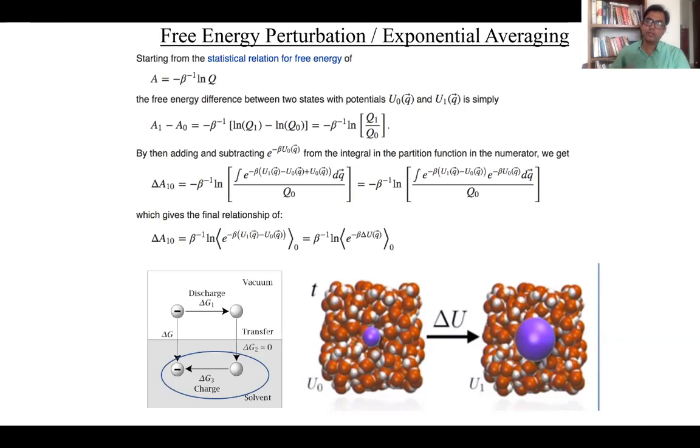And like that, you go all the way to sigma, right? And so you have a lot of delta Gs, from delta G1, delta G2, delta G3 to delta Gn, which is basically from 0 to 0.1 sigma, 0.1 sigma to 0.2 sigma, and so on and so forth. And so you add them up, and you get a free energy.